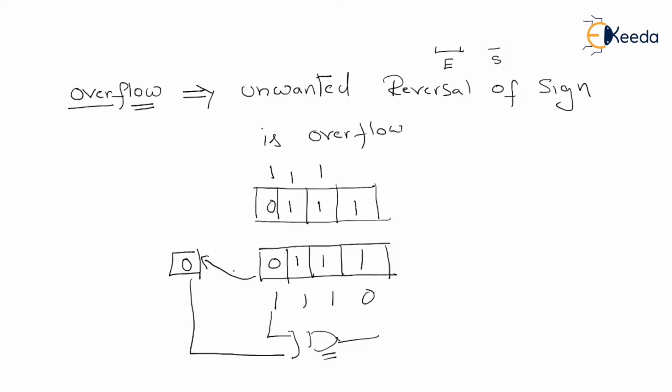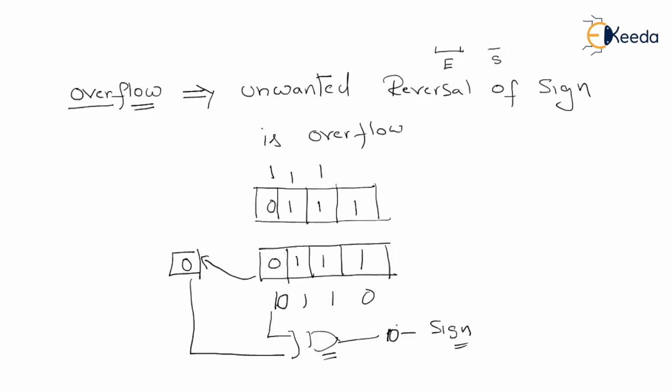If both are different, because here we got 1, here we got 0, the XOR gate output will show you 1, which means that the sign has been reversed, right? Because when these two values are different, the sign will be reversed. So the XOR gate output will show you if we have a situation of overflow. If this is also 0, this is also 0, then we don't have any problem. The XOR gate output will be equal to 0, meaning the sign is not getting reversed at all.